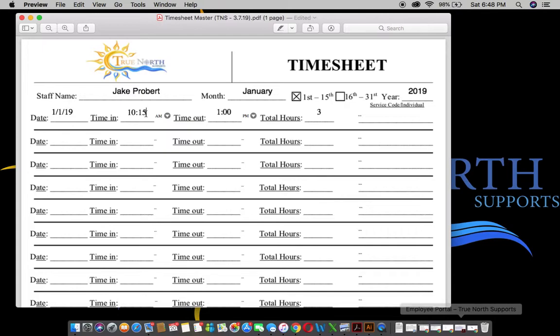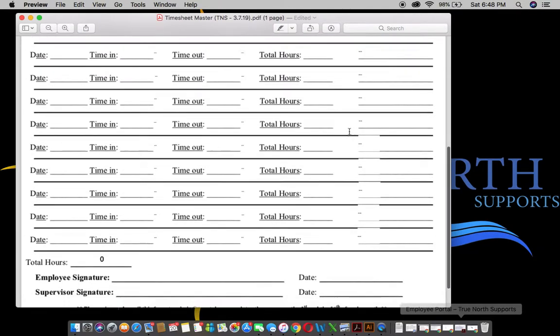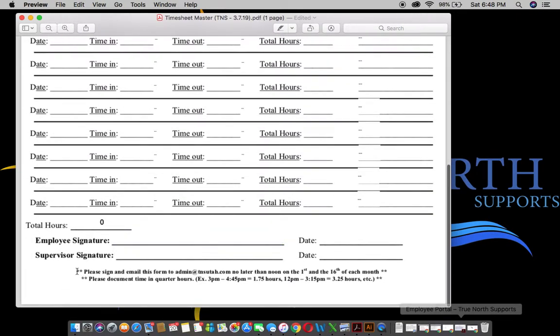Always round to the closest quarter hour. That's the way that they bill. That's the way we have to bill for client hours. So please make sure that you do that. Do not do anything in between the quarter hour marks. And there's some detailing of that stuff at the bottom of these that you can